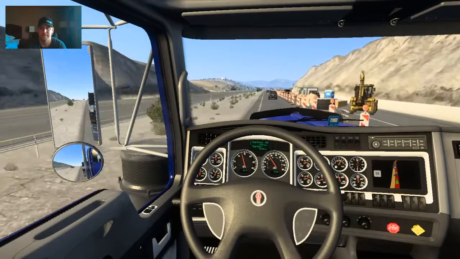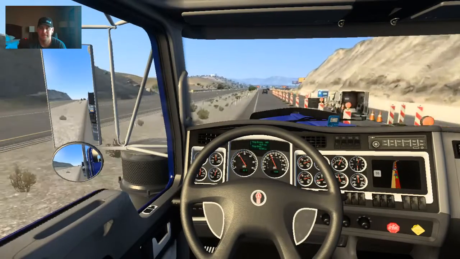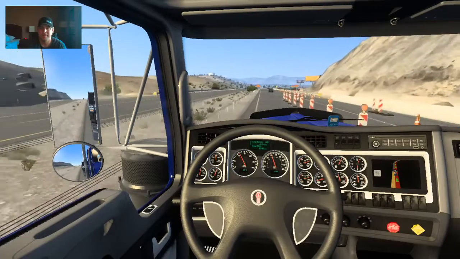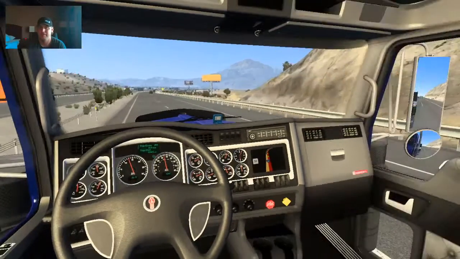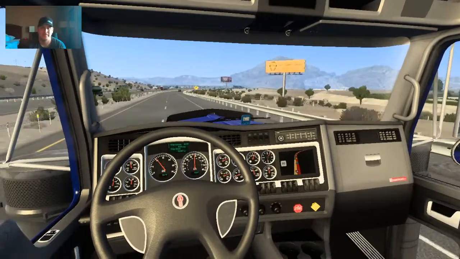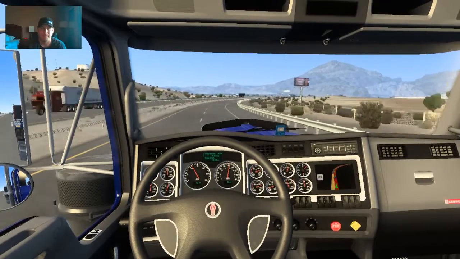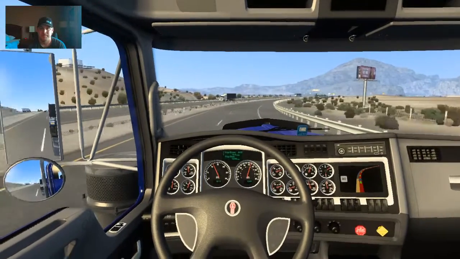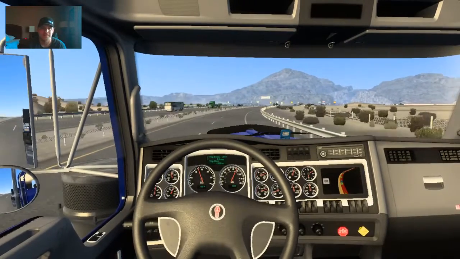Just like real life, they slam on the brakes to get over and speed up and get out of it, which burns more fuel in a semi truck. Pretty realistic that way. Or driving convenience. Now, apparently there's an update to this where